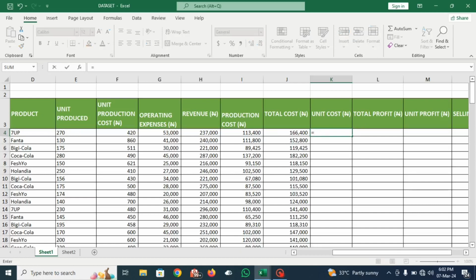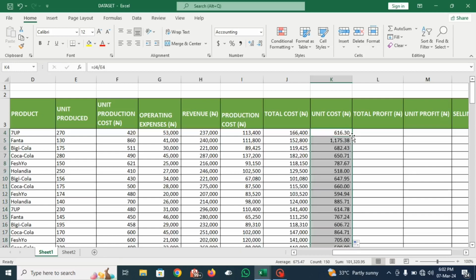So I'll start with equal to sign. Then I have to locate the first cell, which is the total cost. And I want to apply division. So now when you just check your keyboard, you will see slash there. So now just press the slash and then locate the second cell, which is units produced. Then I'll click enter. So it means that unit cost for 7 Up is 616 naira 30 kobo. So I'll just come back to the cell, then I'll double tap again in order to repeat the same thing